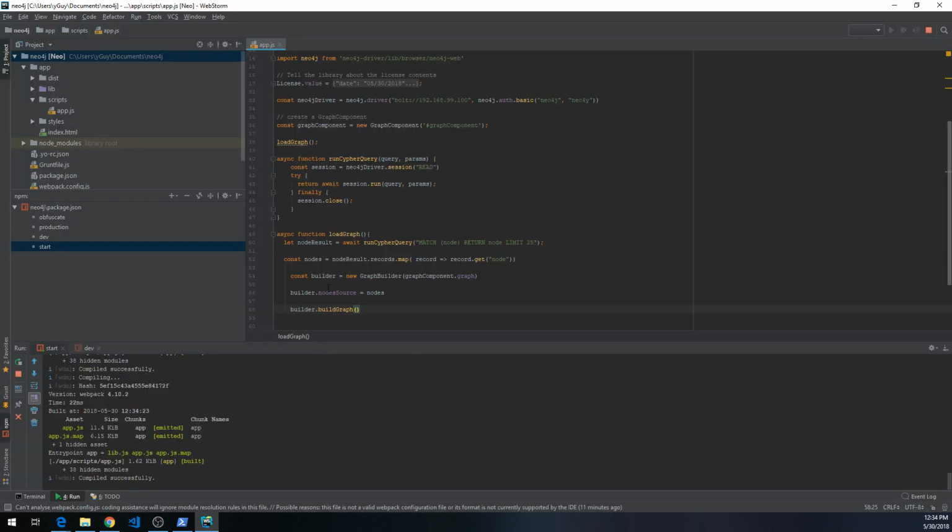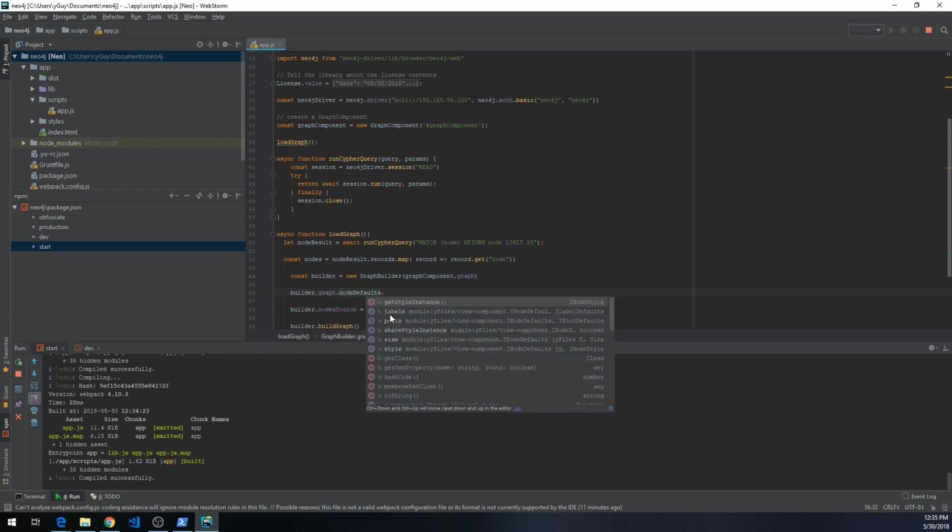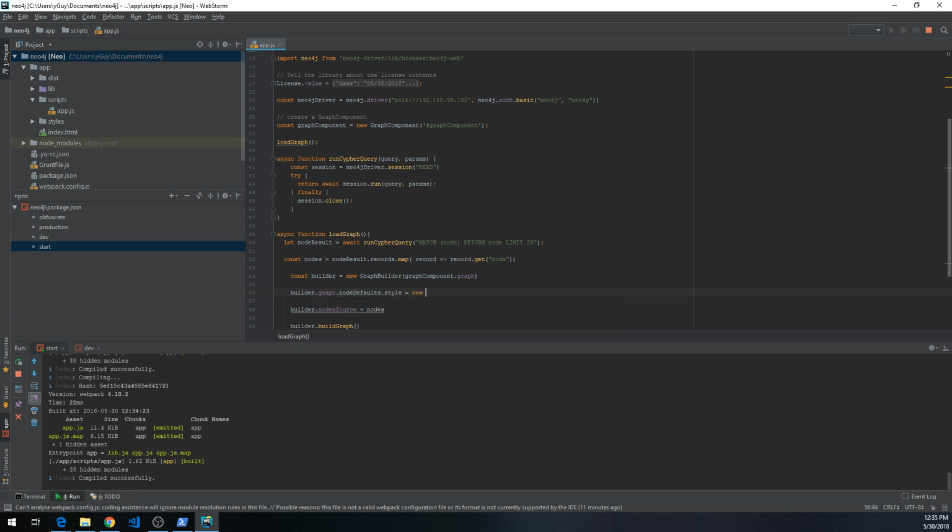So first of all, we're going to change the default size of the nodes. We're going to take the graph, and there's a property called node defaults, where we can, for example, set a new style and size. We're going to use a shape node style in this case, where we can specify the shape to be an elliptical form,